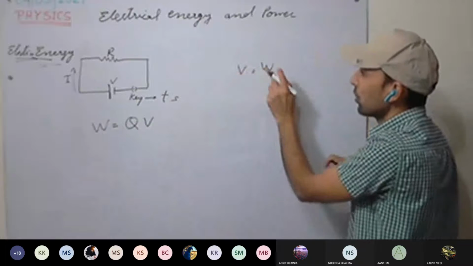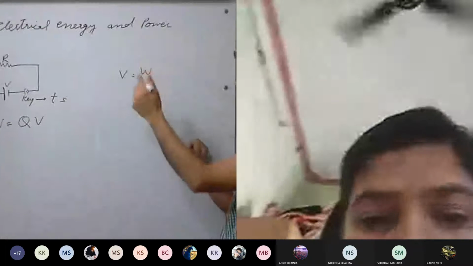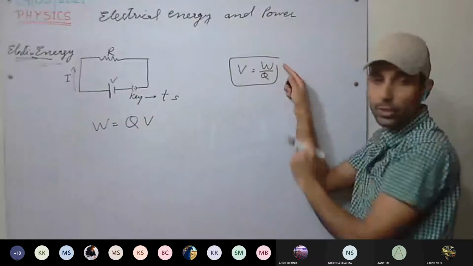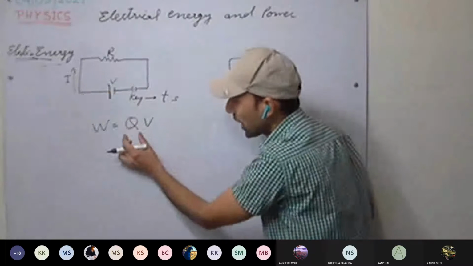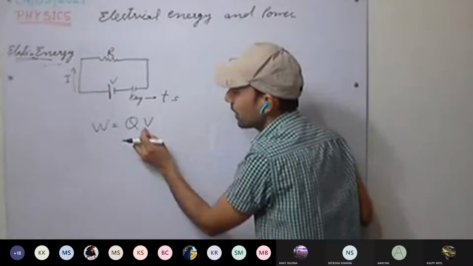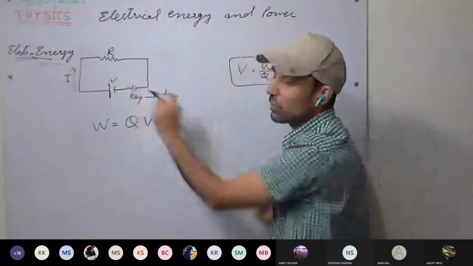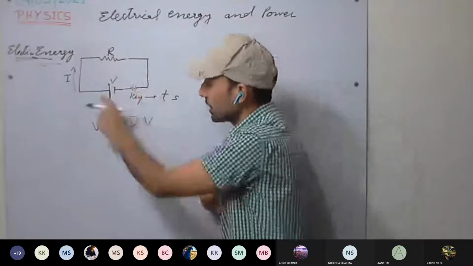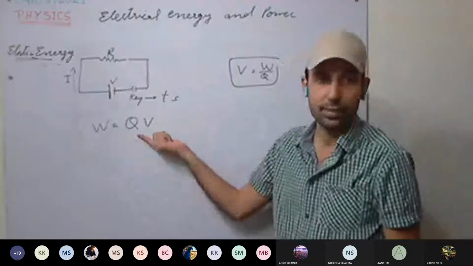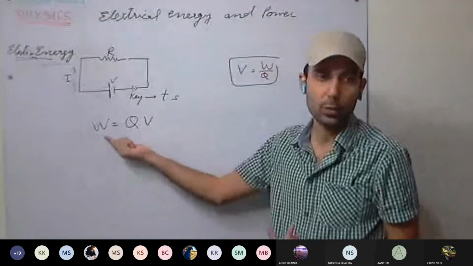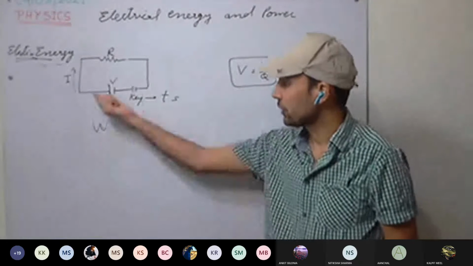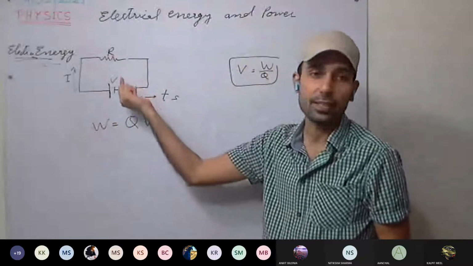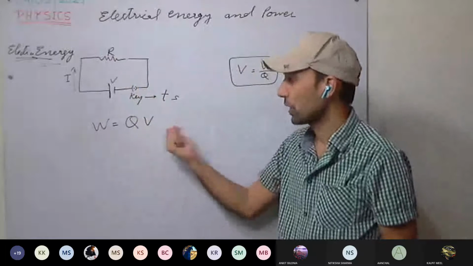Potential difference is the work done per unit charge when we bring it from infinity. From that, we can write W equal to V into Q. That is, how much charge the cell has supplied, under the potential difference V. That will be the work done here. So energy supplied is the same as work done. Both are the same. The amount of energy supplied through the cell is the same as the work done in this circuit. So work done equals Q into V.